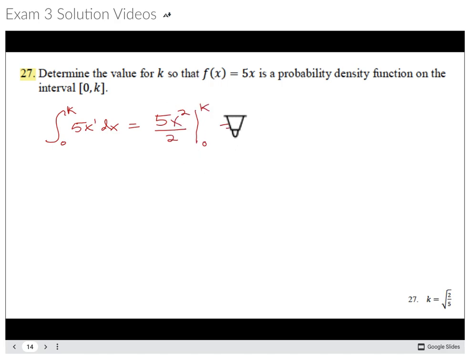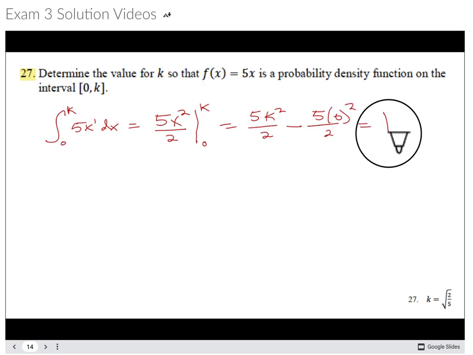And when you're doing that, you take k, so 5k squared over 2 minus 5 times 0 squared over 2. Now this last part is just 0. 0 squared is 0 times 5 is 0 divided by 2 is 0. So this has to equal 1 for it to be a probability distribution. So we get 5k squared